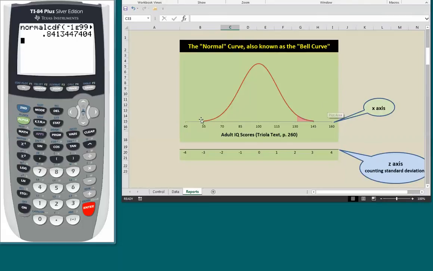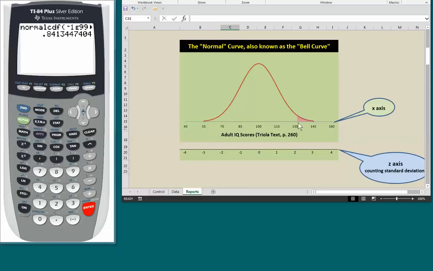And here you see what this looks like. We've drawn the normal curve. Here are all our mean and standard deviation marks as we talked about before. We went to 131.5, which is right there, and we shade into the right tail. This is called the right tail because it said greater than. So that's what our picture looks like.